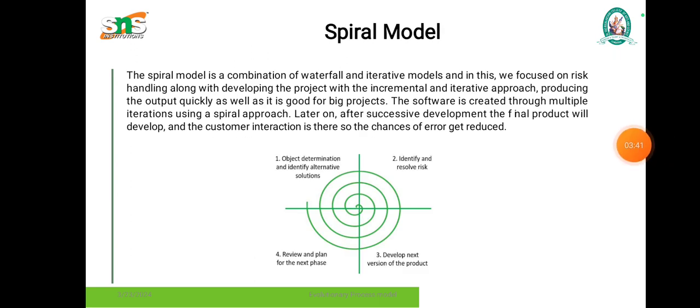Next is the spiral model. The spiral model is a combination of the waterfall model and the iterative model. We focus on risk handling along with developing the project with the incremental and iterative approach, so it produces the output quickly, and it is good for big projects. The software is created through multiple iterations using a spiral approach. After successive development, the final product will be developed, and with customer interaction, the chances of